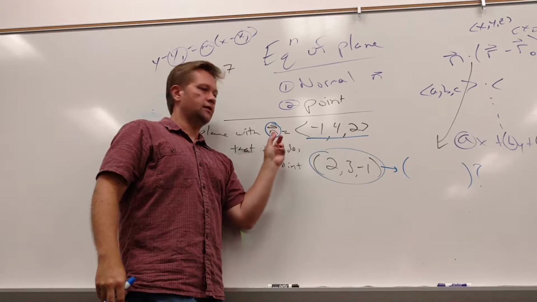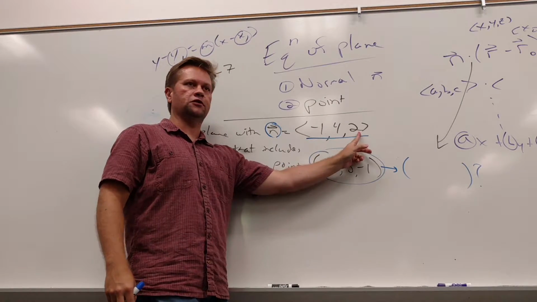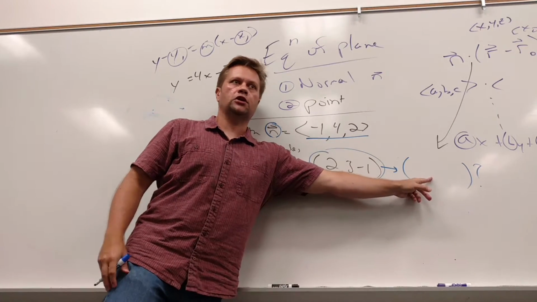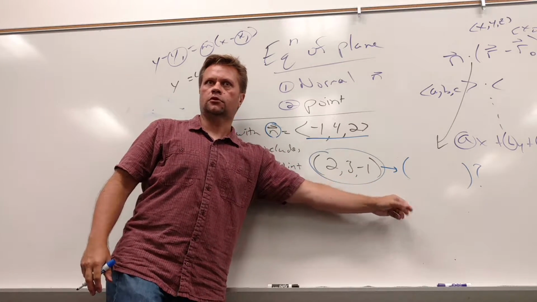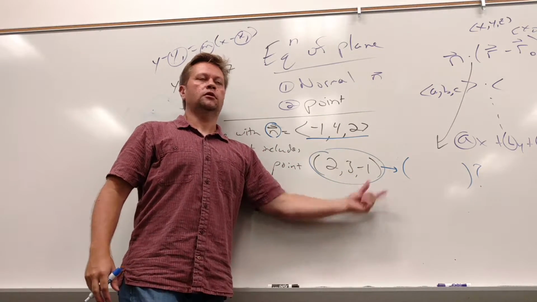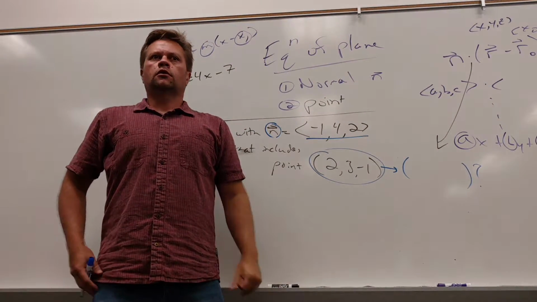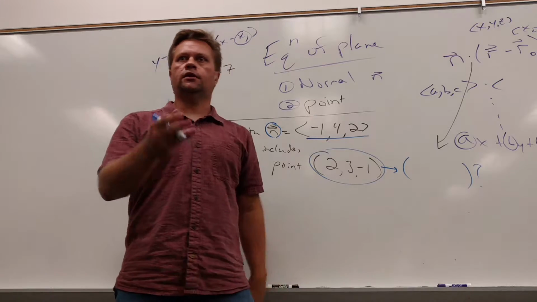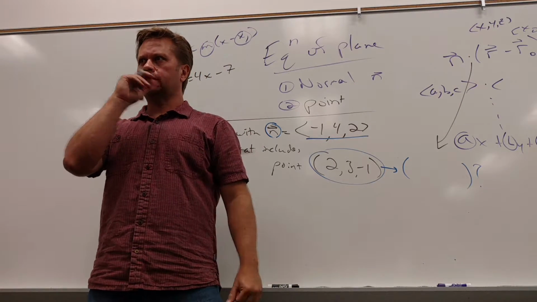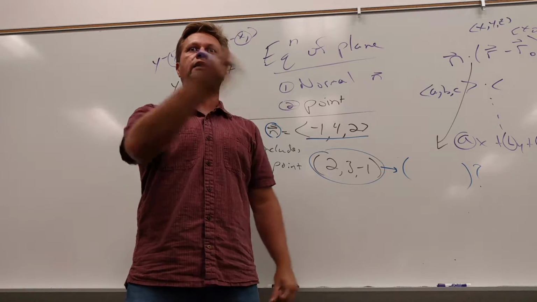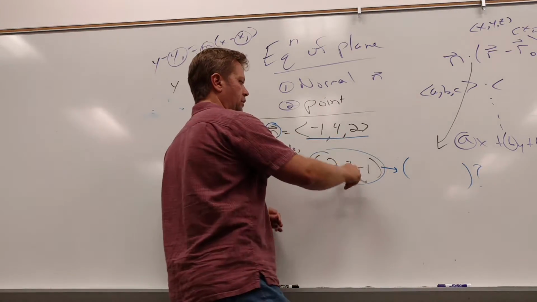This is N. So I know A, B, C, for example, right? This is what in general? The point that I give you is what related to the work we did? X naught, Y naught, Z naught, right? It's the point. Anytime you have a subscript, that's a specific given thing. It's not anything it wants to be. So the point that I'm given